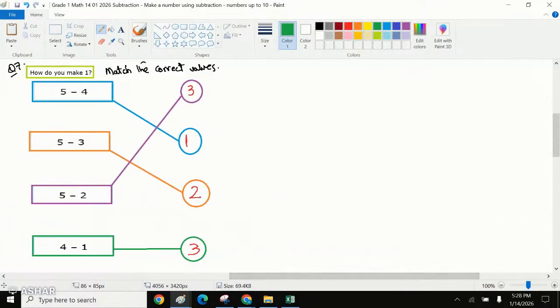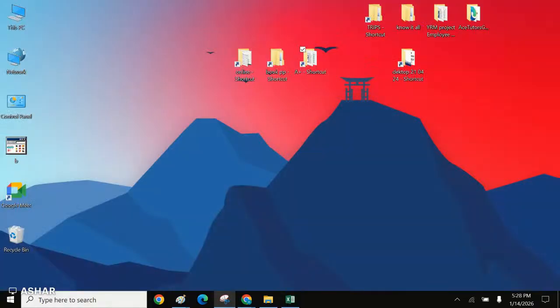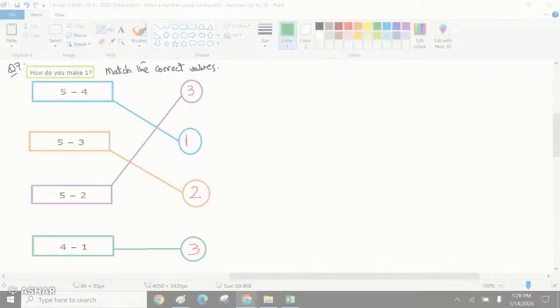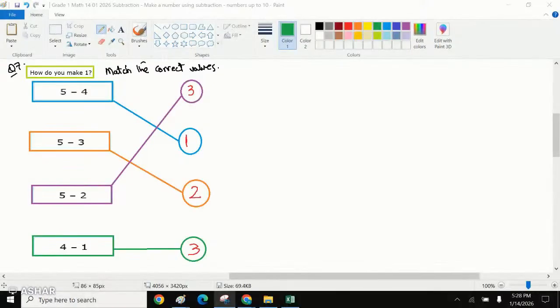In the same way as question number 7, we will try to do more. That would make it easier for us to do more questions. Sorry, just a minute, please. Let me go to the questions. So the next question we have is still 5. How do you make a 3? So the next question says, how do you make a 3 or